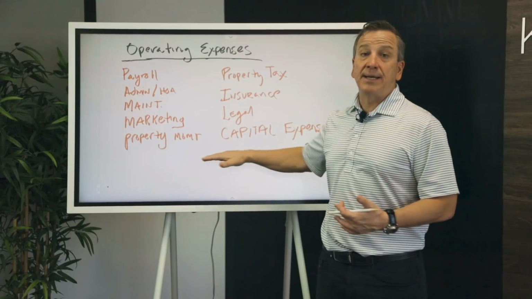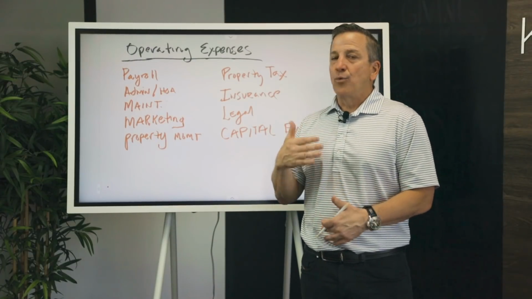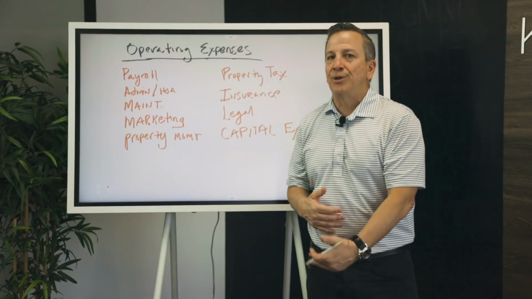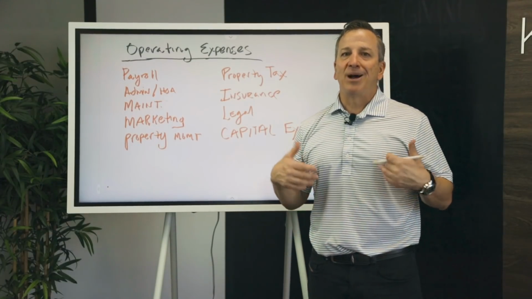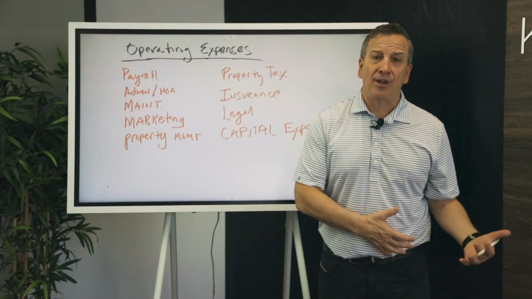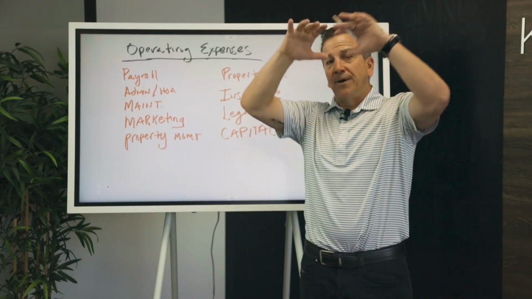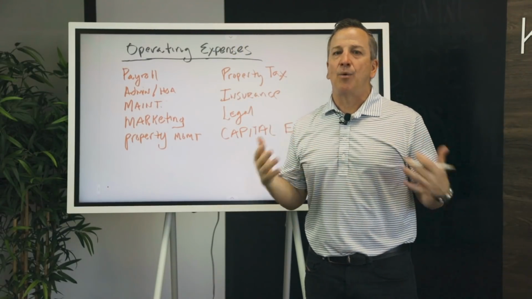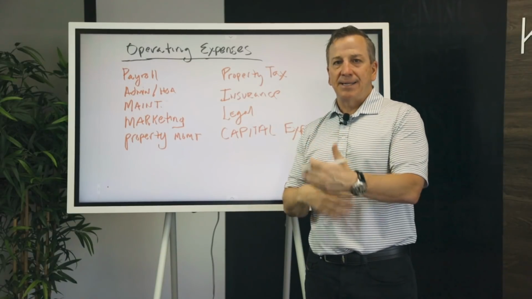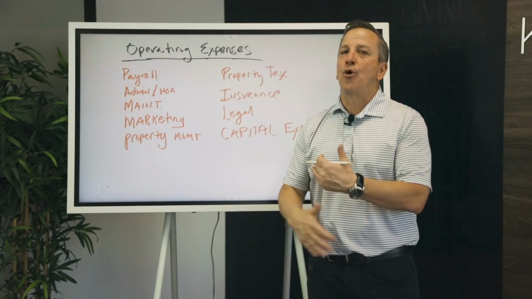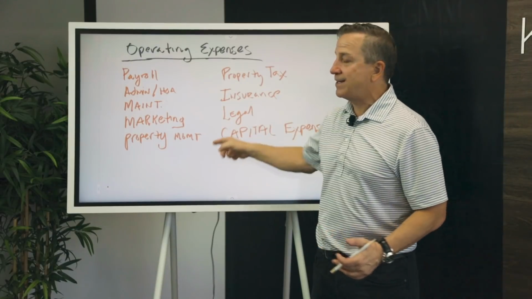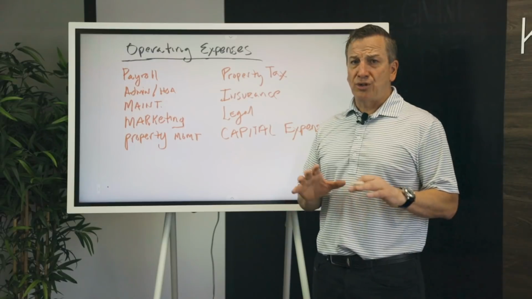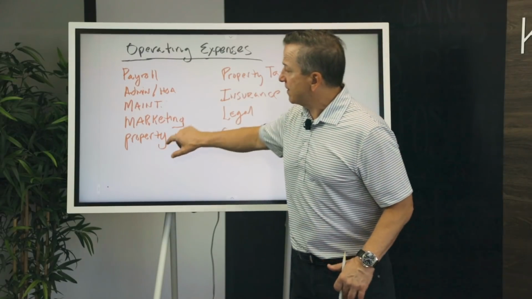But these are real things, guys. For us, we're buying stuff all the time. We're buying pool pumps. We're redoing pool decks. We're buying pool furniture. We're buying fitness equipment. We're buying stuff for the office. We're buying new HVAC units that go down. And we're buying hot water heaters. And we're buying appliances. All these kinds of things are normal, ongoing things, and they all fall into this category. But they're non-operational expenses, and it's very important that you understand that all of this stuff, guys,